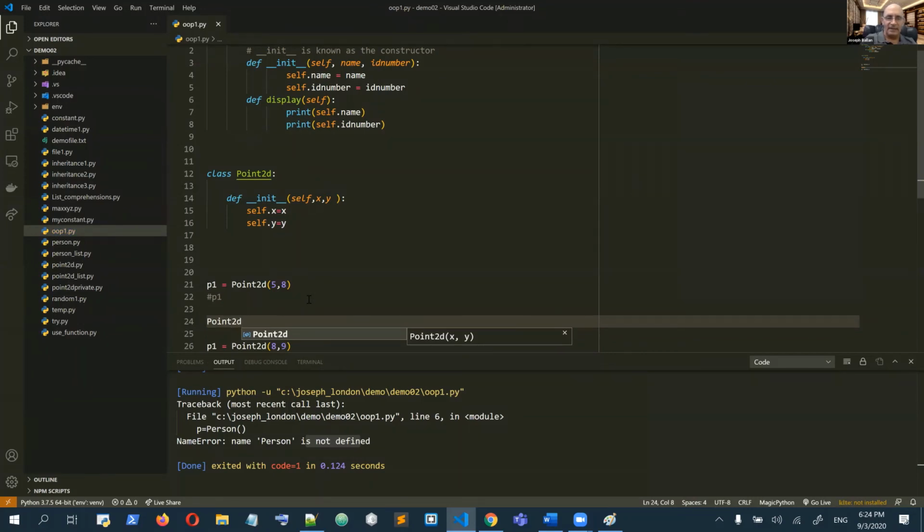Python understands it in this way: Point2D, and it passes p1 and 5, 8. In this way, Python will understand this instruction. Okay, so now p1 is the reference of